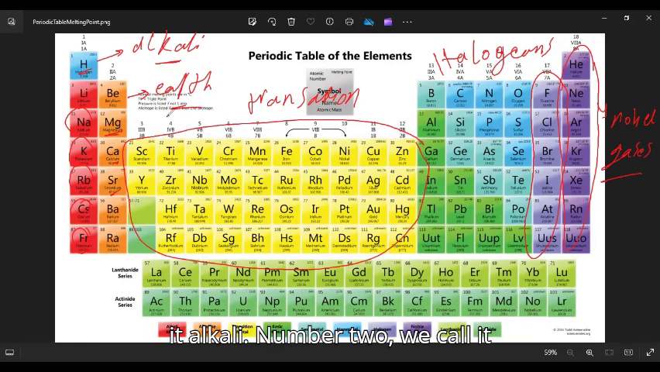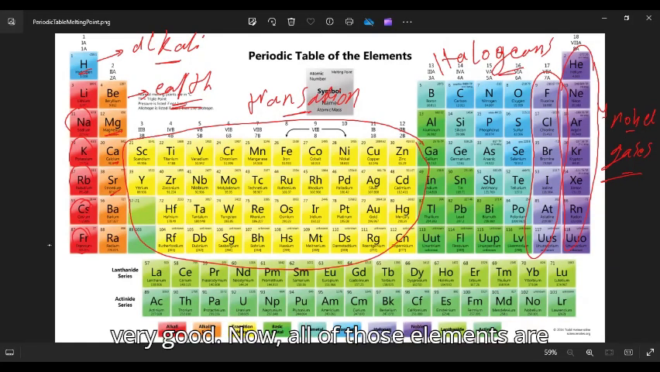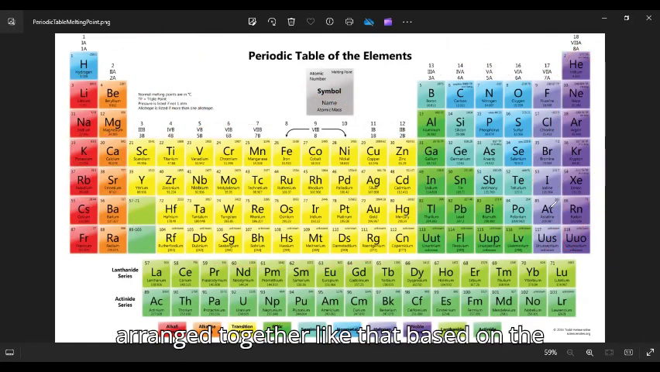Group number one, we call alkali. Number two, we call alkaline earth metals. The middle one, we call transition metals. The halogens, group number seven. Group number 18, which is the noble gases. Okay, very good. Now, all of those elements are arranged together like that based on the number of the protons